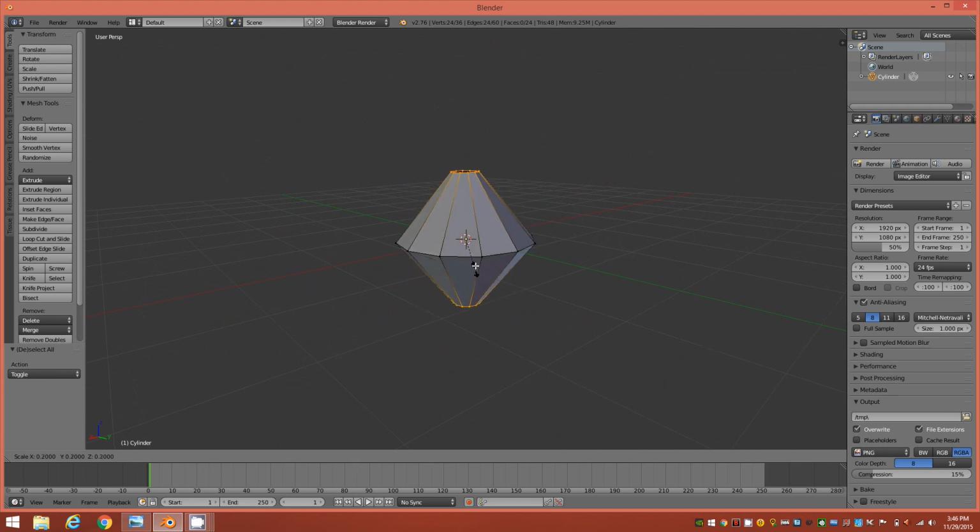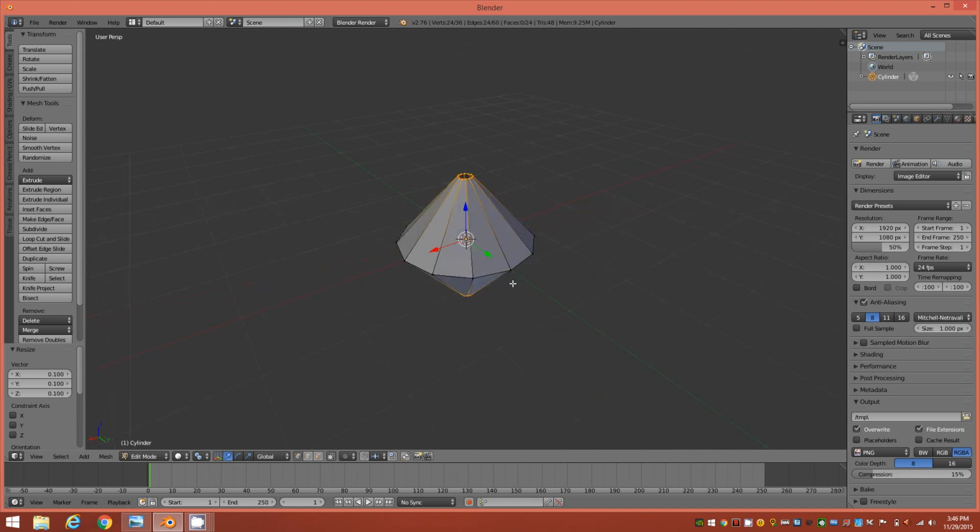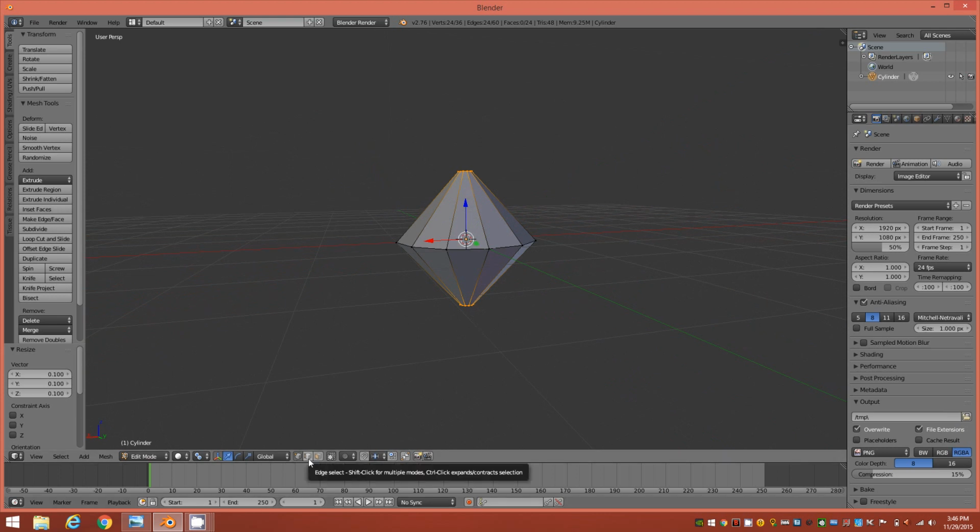Scale it down as much as you can without intersecting, but 0.10 is probably pretty close enough anyway. I just held Control while I scaled those down. Keep the vertices selected, and just go down here to the Edge Select button and click on,